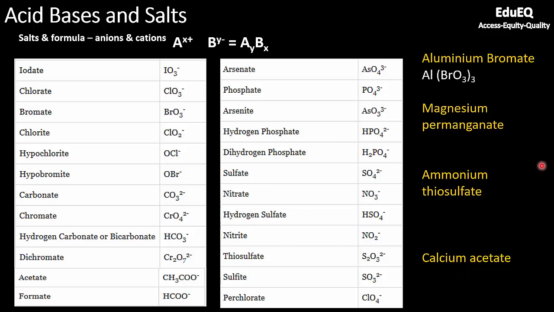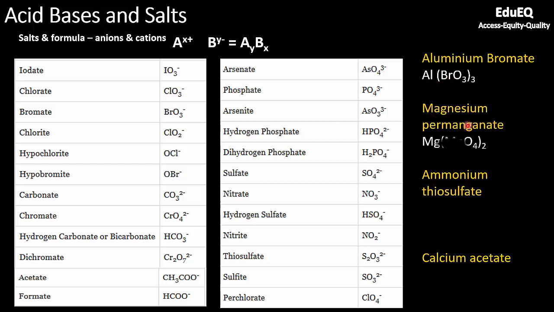So you can see, aluminium bromate. I told you aluminium is +3. This 3 from aluminium will go to the bromate group. And this is what exactly is happening here. And 1 from bromate has come to aluminium, keeping it intact. So aluminium bromate is Al(BrO3)3, that is, BrO3 whole thrice.